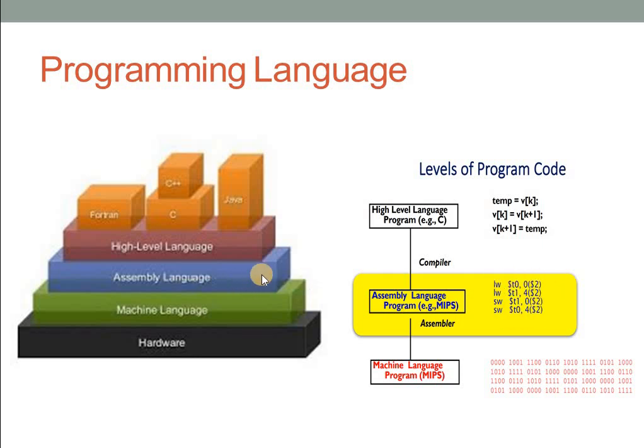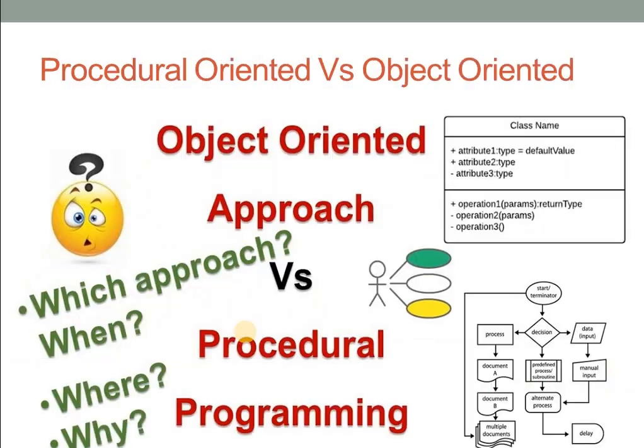After that, this assembly level language will be converted to a machine level language by an assembler, and machine level language we all know it is in the form of zeros and ones. And this is actually having direct communication with the hardware part of the computer system. So all high level language will go through these procedures, then only it will get executed by the computer system after converting the high level language into a machine level language.